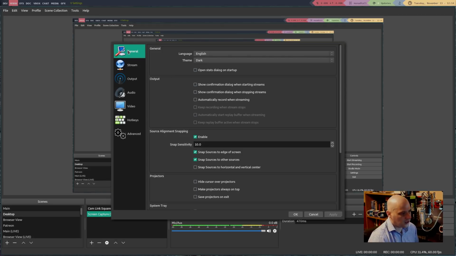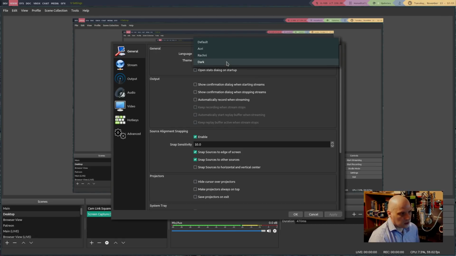Alright, you have your general settings. Now this, you don't really need to play with too much. Now you do have the options of a light or a dark theme. You have a couple of different theming options. I'm using the dark theme. You may want to change the window theming. Other than that,